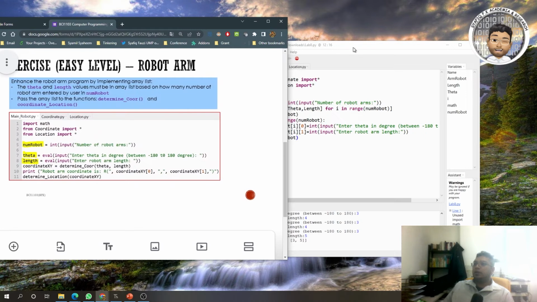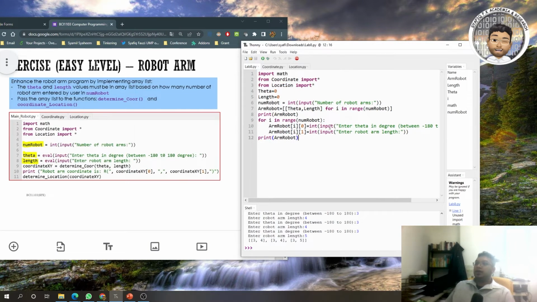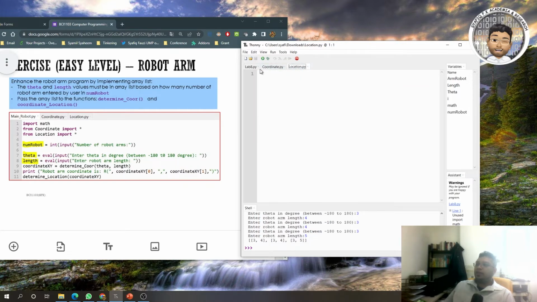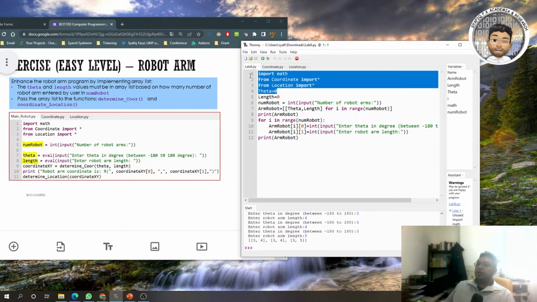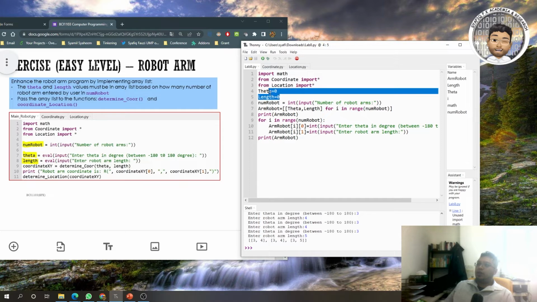Okay, so this morning we start with this. From here we have three files. I haven't filled in the coordinate location yet, so we have three files. Now here I have an import from coordinate and location, and we have two variables, theta and length,